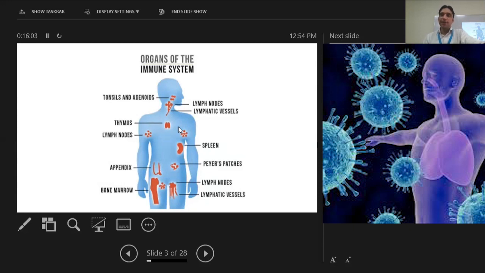So the question is what is a lymph node and where does it come in this system. Now the channel system which collects the lymph from different parts of the body, from every cell, is collected, and then they make a meeting point, a merger point. So a lymph coming from this side, a lymph coming from this side, a lymph coming from this side,